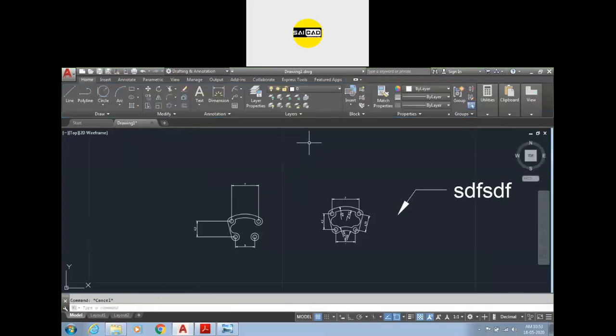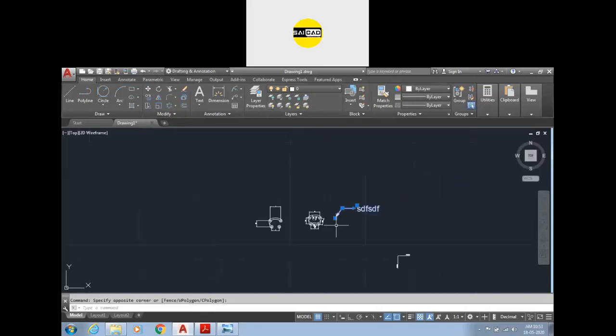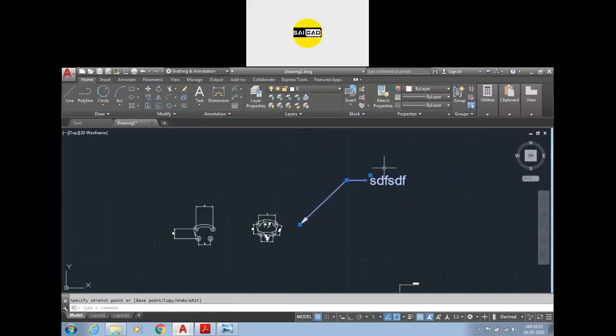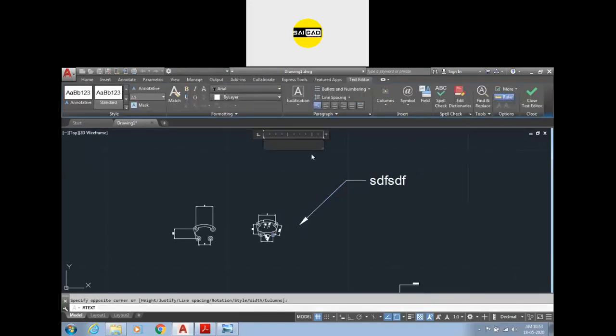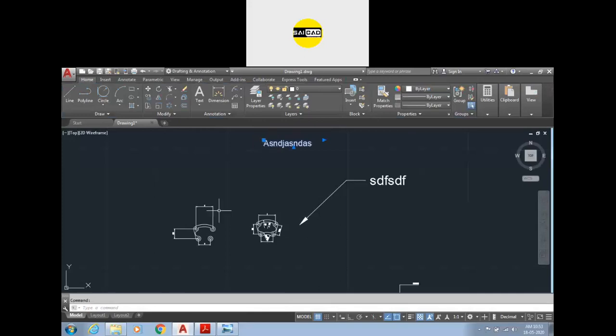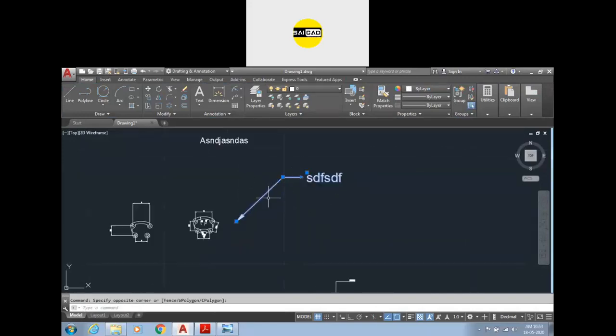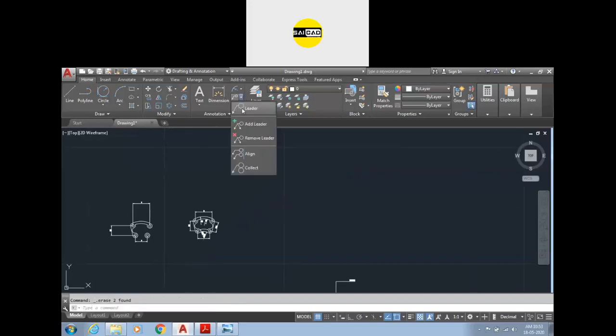Okay, so next in the leader, you can see I can specify some text with the help of an arrow. Okay, if you want to type a note with the help of an arrow, like I want to type something here and I want to specify this text is related to this drawing, so we have to apply an arrow like that. Okay, so to create those things we have an option called leader.